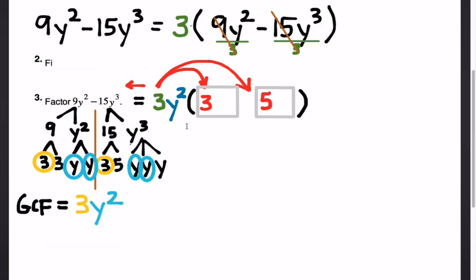But the y squared now tells us what John was observing before, which is that we can also take away 2 powers of y from the first term and from the second term. And if I do that using the same procedural suggestion that I made up here, which is to say multiply by it, but then also divide by it,